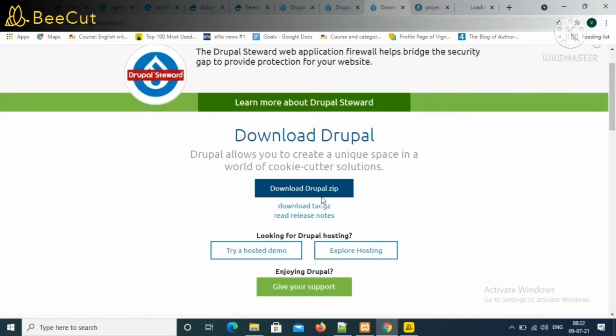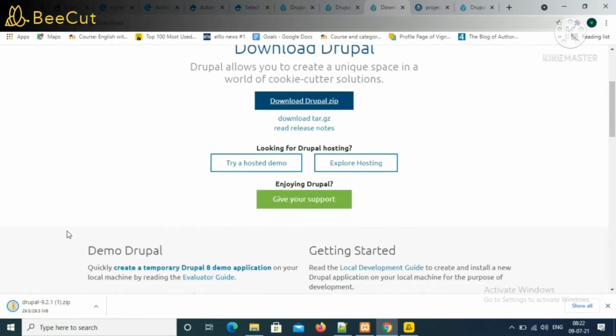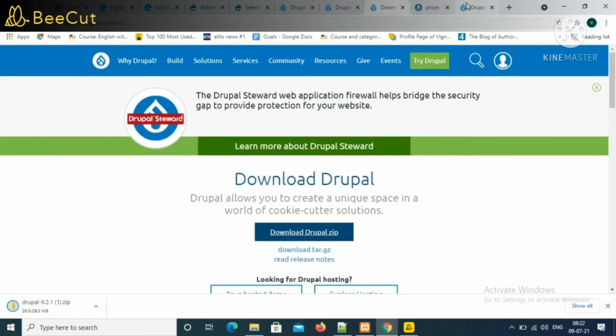So here we go, you should just click on Download Drupal there. At the bottom you could see a zip folder is getting downloaded. Drupal provides various versions, and right now the latest version is Drupal 9.